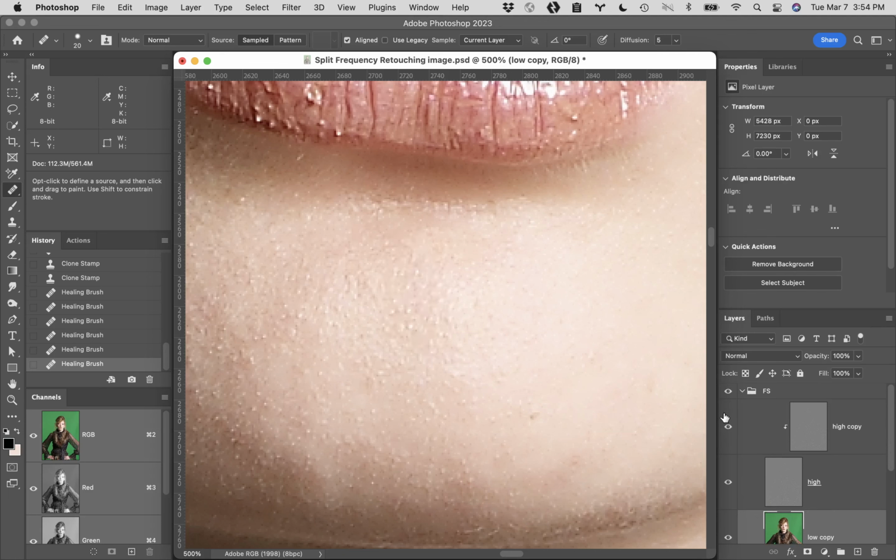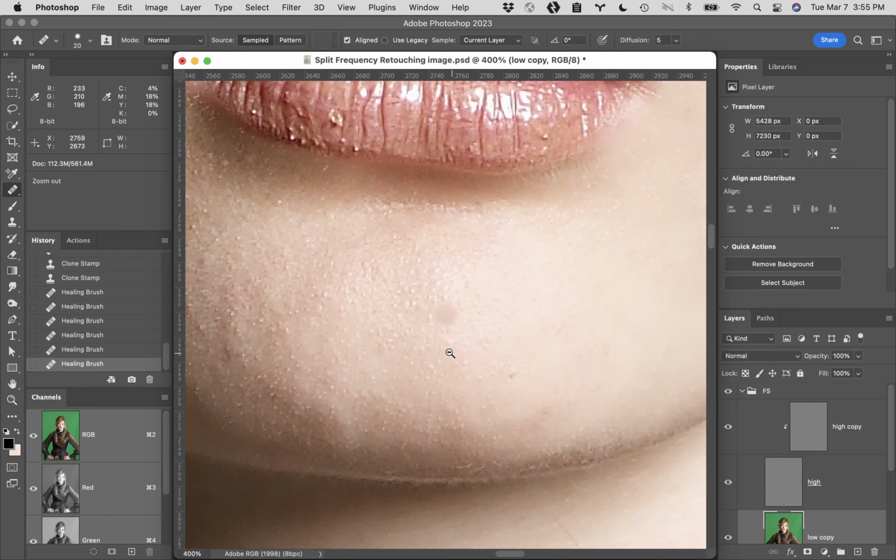Boom. Look at how seamless that retouching actually is. Does this make sense, everybody, what we're doing here? Is this working? No, my blur filter